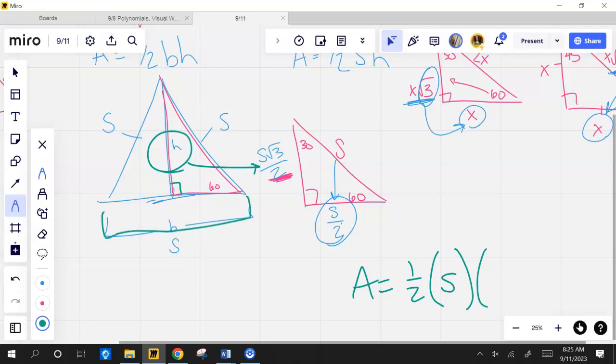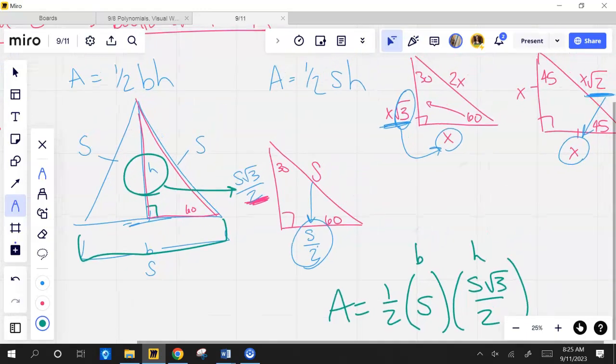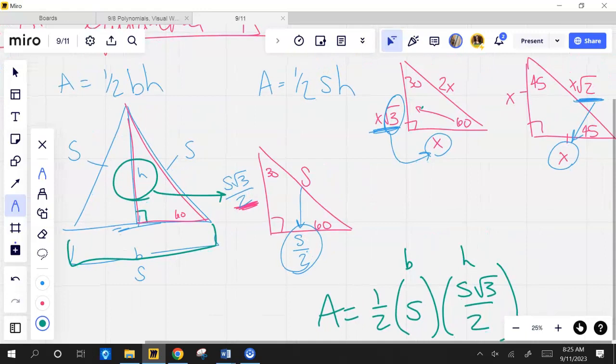The whole bottom here, right? I don't really know how you got. Hold on. 1/2 base times height. So how did you get s times square root? Okay, I took the pattern of the 30, 60, 90 triangle, right? And I applied it to this triangle. Instead of having x's, I used s's, and I started with the hypotenuse. So starting with the hypotenuse to get back,